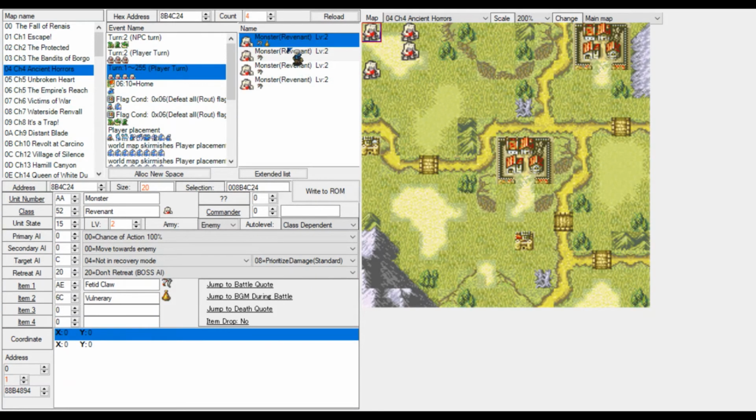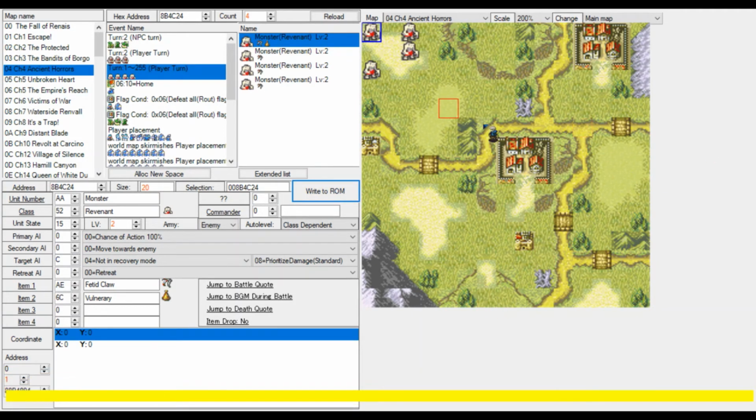These enemies are triggered by the... I will put you to retreat because I want you guys to come from here. This is a ranged event. When the characters get into a certain range, these enemies will appear.